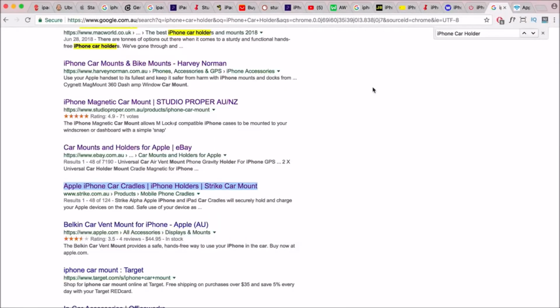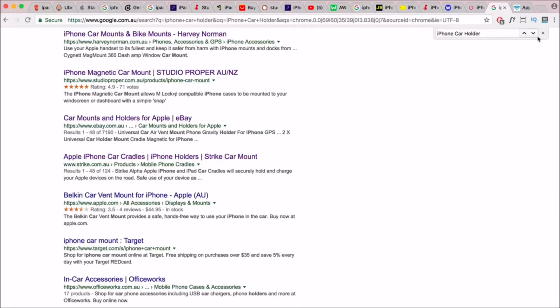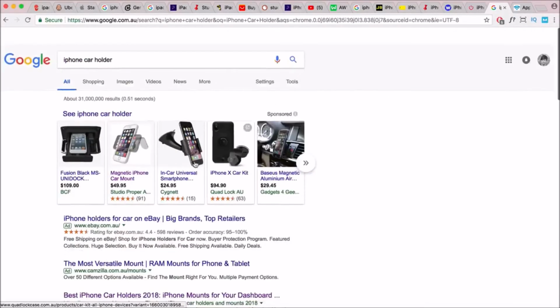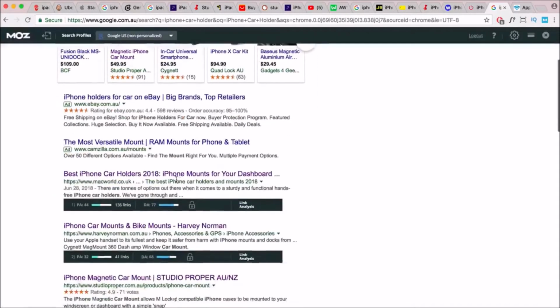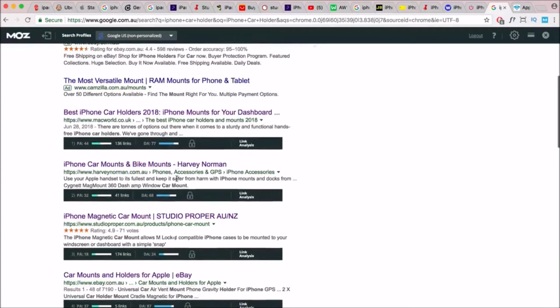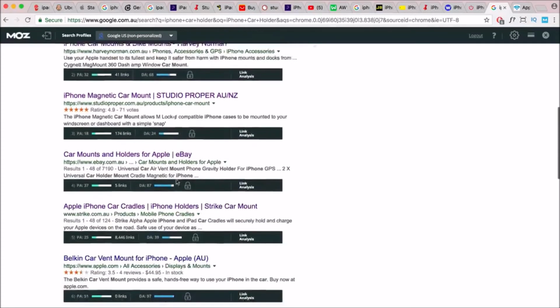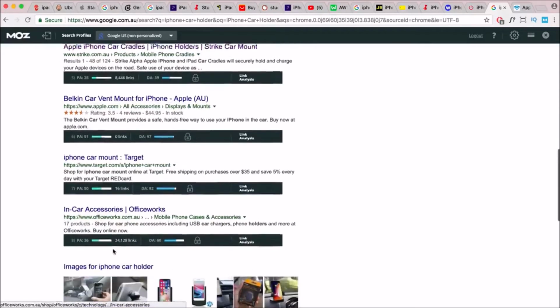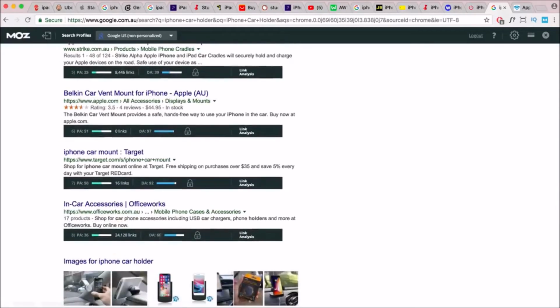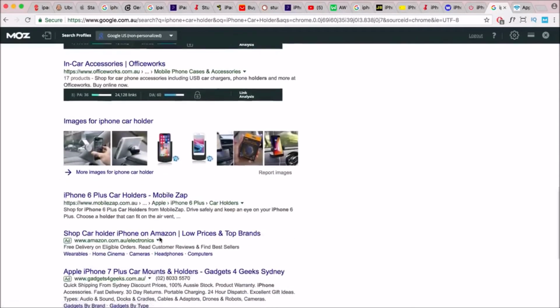All right, so what you can also do is download the Mozbar and create a free account, and that's going to give you the page authority and also domain authority of each page. Okay, so you can actually look through. Normally I like to look for page authority of around 30 or so, domain authority around 30 or so. Okay, so these ones are all quite high,